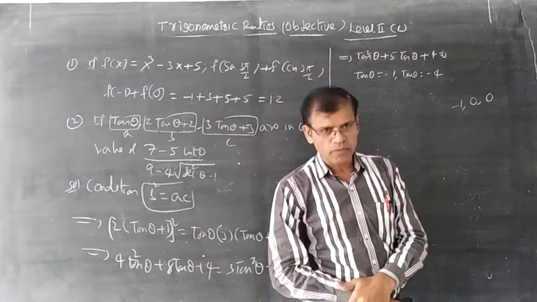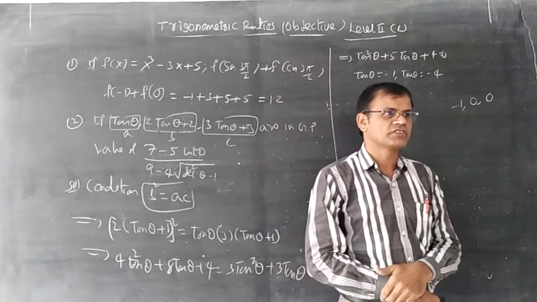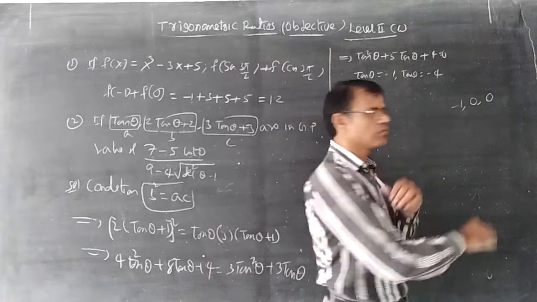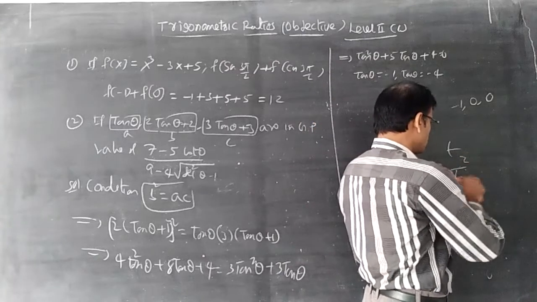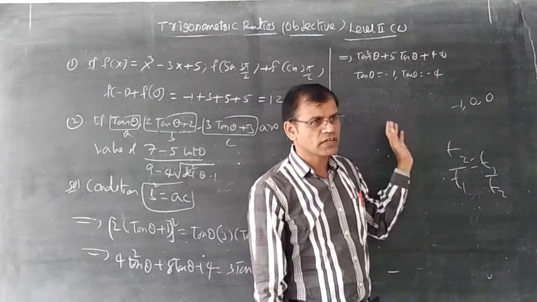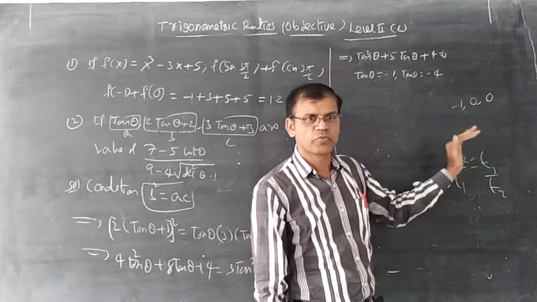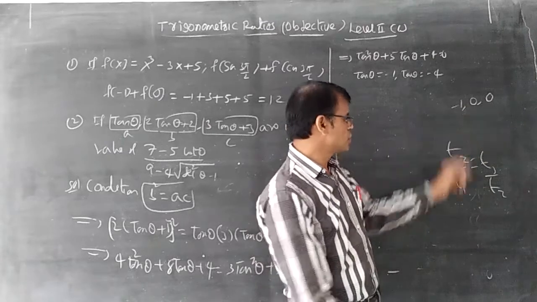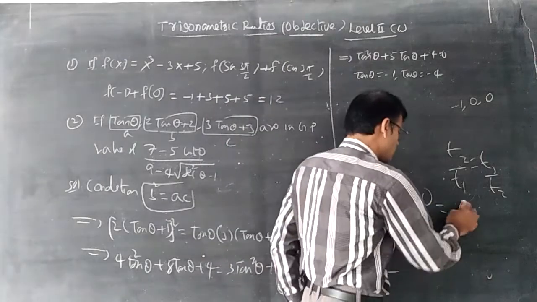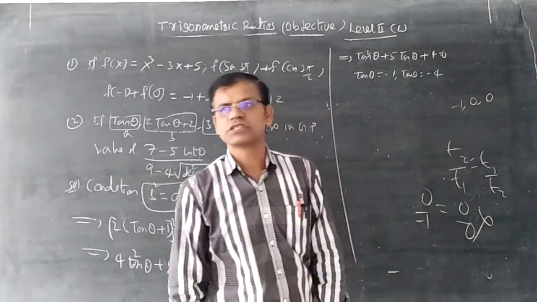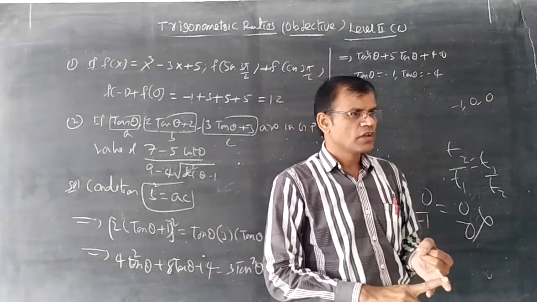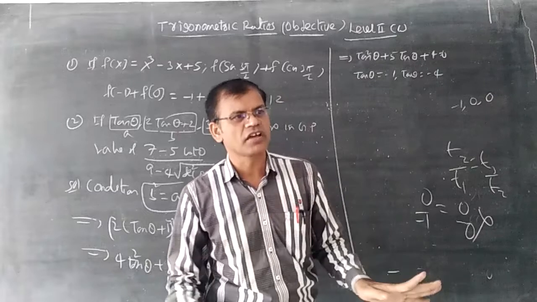It is okay. But for GP, another condition is also there: T2 by T1 is equal to T3 by T2. Did you remember? T2 means second term. I think you might have learned the same condition in 10th class. So 0 by minus 1 becomes 0. Next you are getting 0 by 0. 0 by 0 is called an indeterminate form. 0 by 0, 0 power 0, these are all wrong calculations.